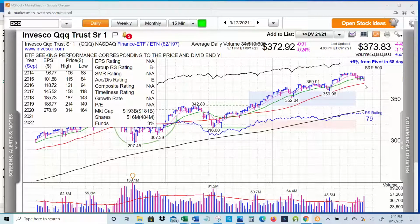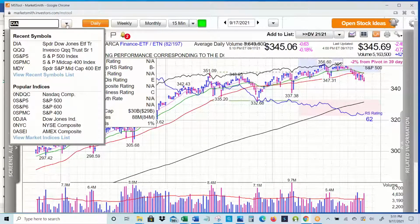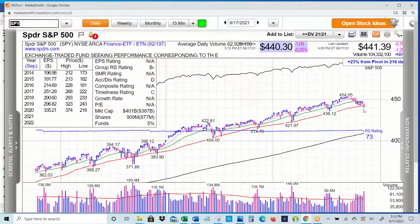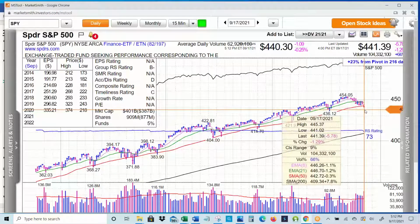So there's your Nasdaq 100. Let's go to the Dow Jones Industrial Average. We'll look at the DIA. By the way, the S&P 500, the SPY went ex-dividend today. So if you compare, let's look at SPY. Compare SPY to its 50-day moving average. You can see that it is